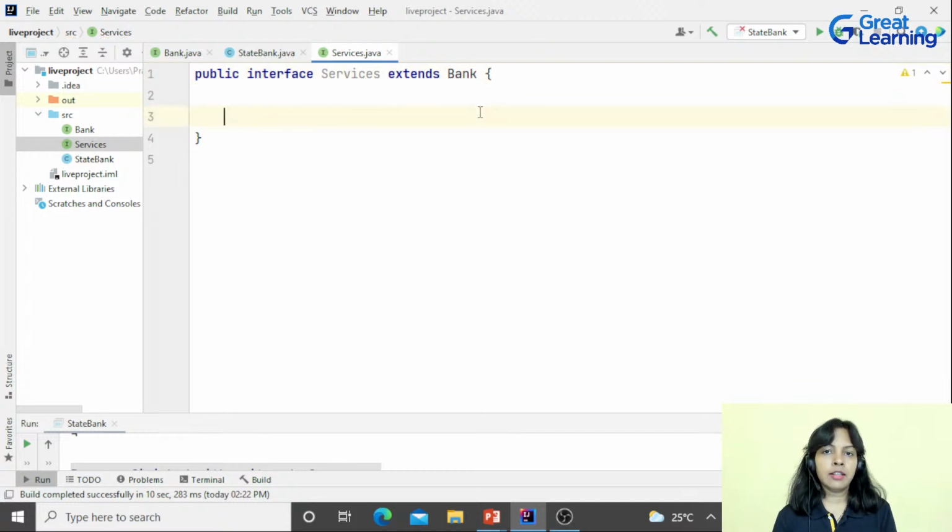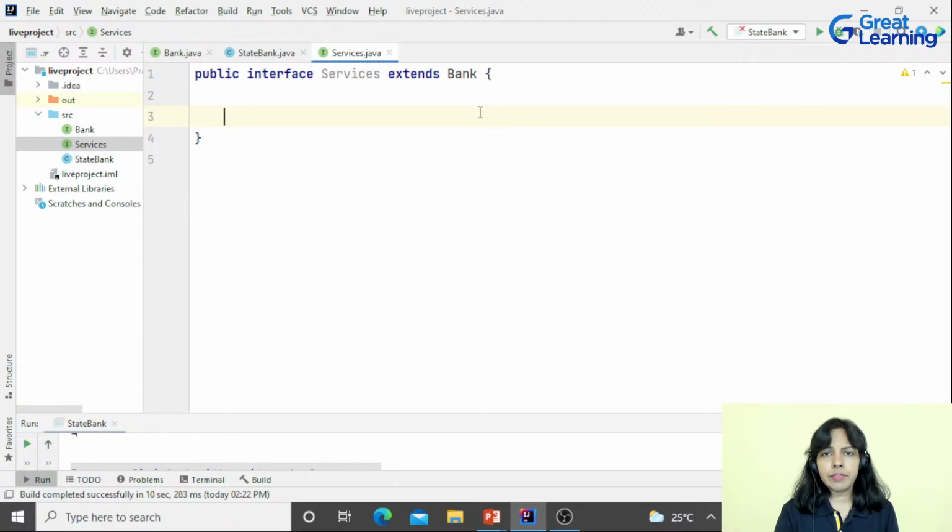So did you get the idea here? What exactly happened? When a class has to make use of interface, two different things there, class and interface, right? So in that case, the keyword to be used is implements. When a class has to make use of class, then the keyword used is extends. When an interface has to make use of interface, same thing. Interface making use of interface, class making use of class, then the keyword to be used is extends. A class making use of another interface is implements.